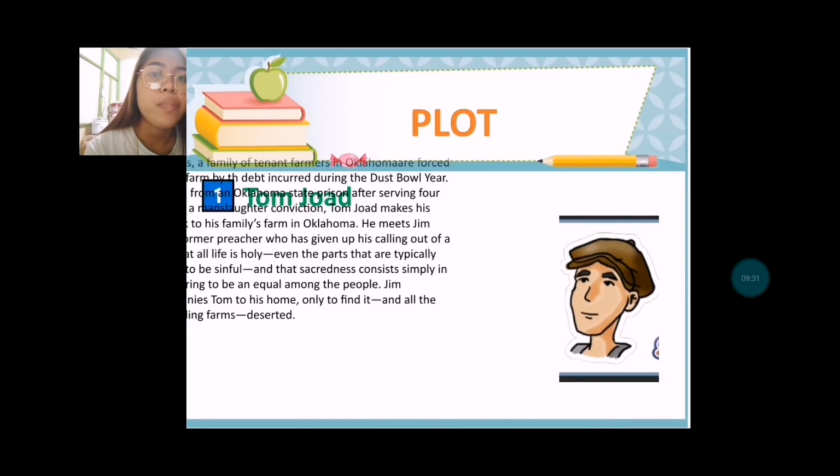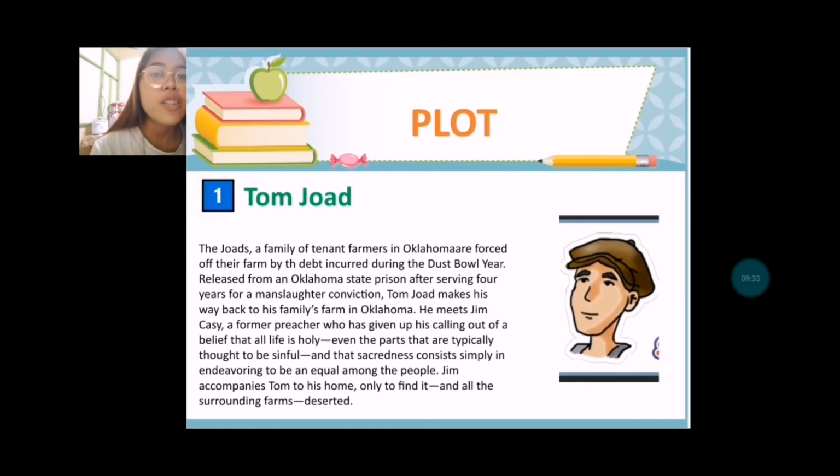So, now is the plot. First, the Joad family of tenant farmers in Oklahoma are forced off their farm by the debt incurred during the Dust Bowl years. Released from an Oklahoma state prison after serving four years for a manslaughter conviction,